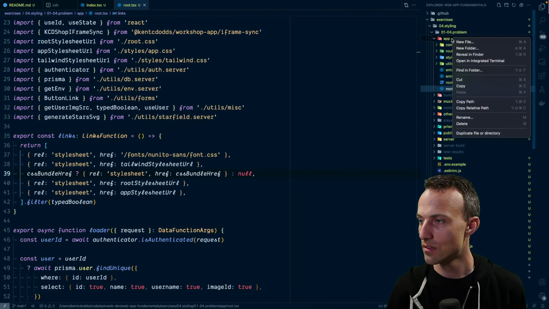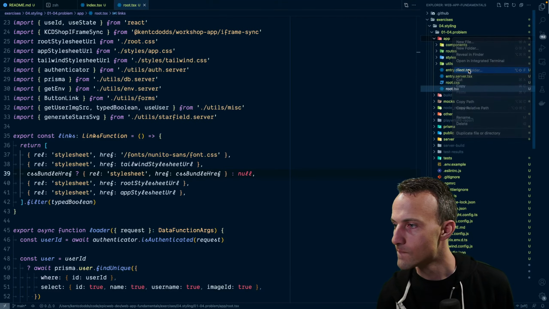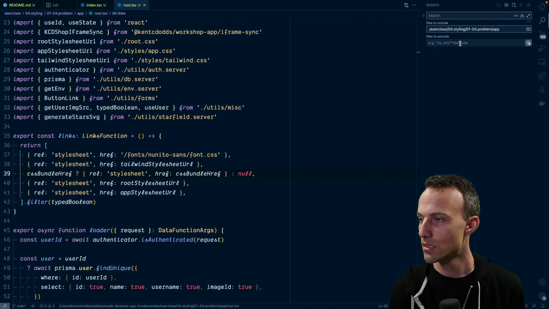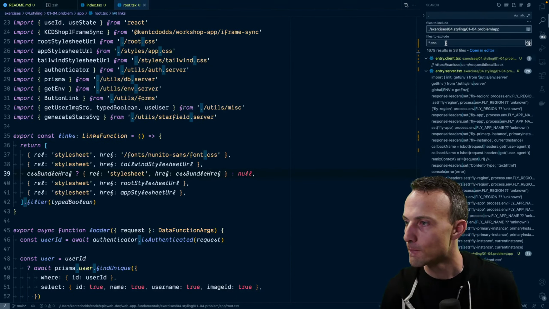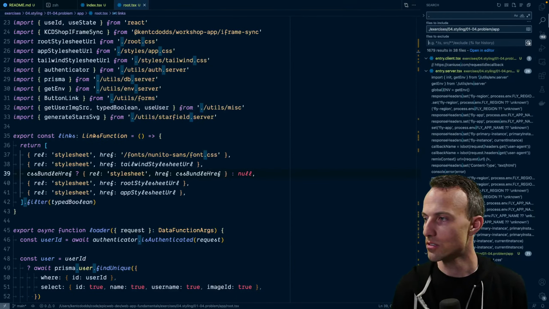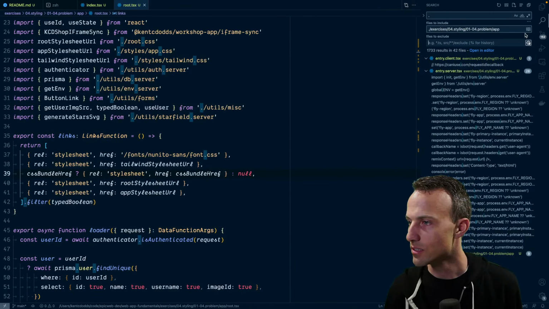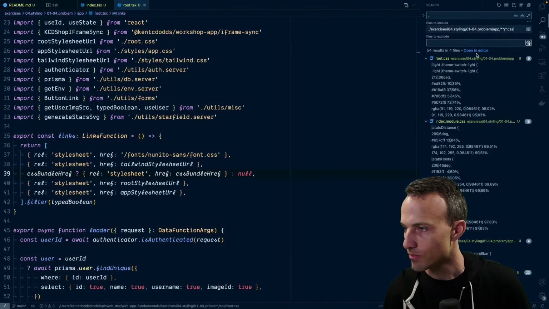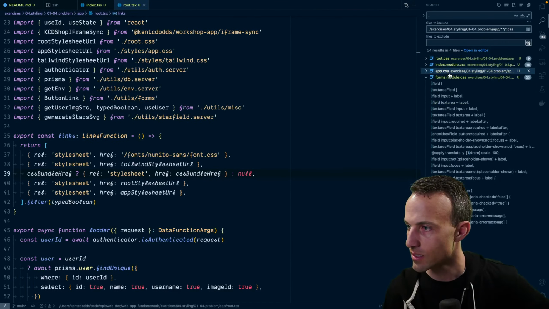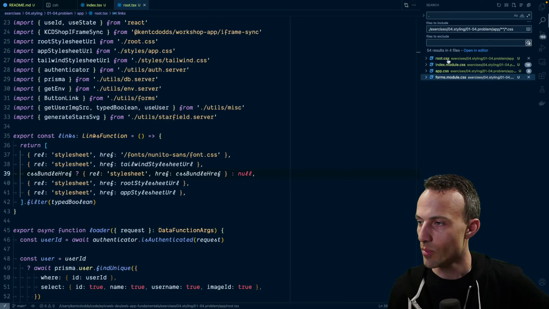Let's see. Can I do star.css? Find me all the things. Oh, that's to exclude. No, to include. There we go. Okay, so we've got a couple modules.